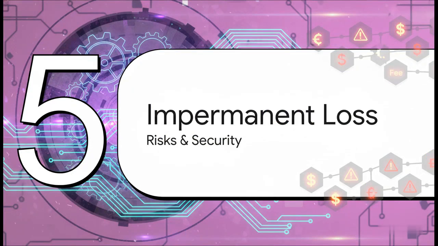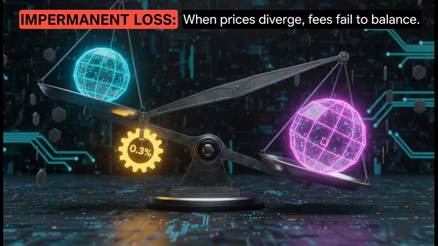Finally, let's cover Section 5, impermanent loss and security. So, while being a liquidity provider fuels this whole engine, they face a really unique mathematical threat called impermanent loss. This kicks in when the prices of the two tokens in the pool diverge sharply from their initial ratio. When you eventually withdraw your liquidity, you might actually find you have less fiat value than if you had simply held the tokens safely in your own wallet.